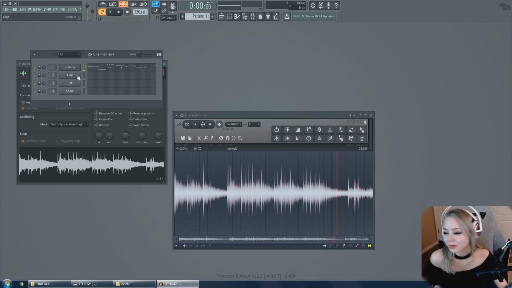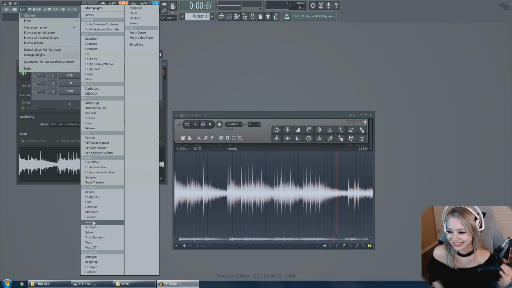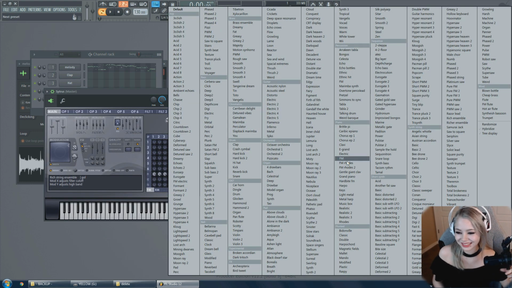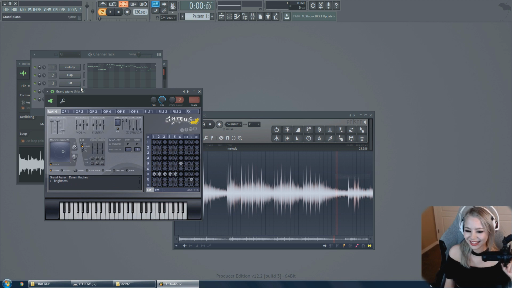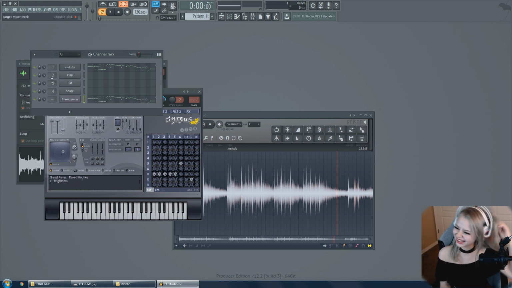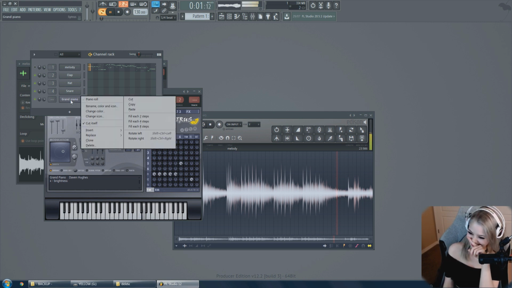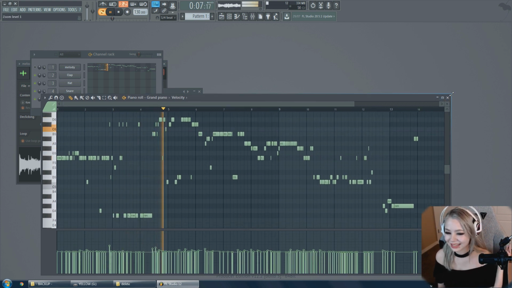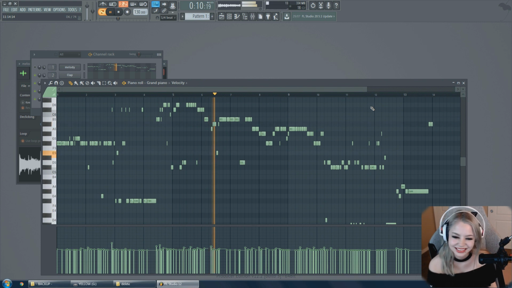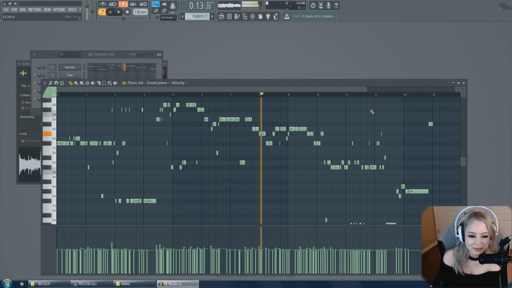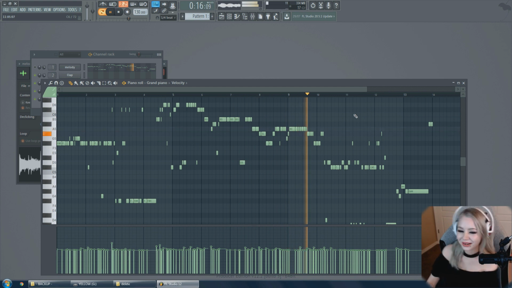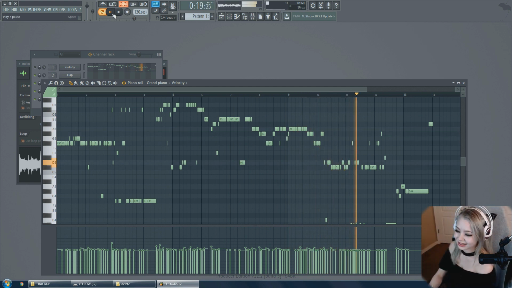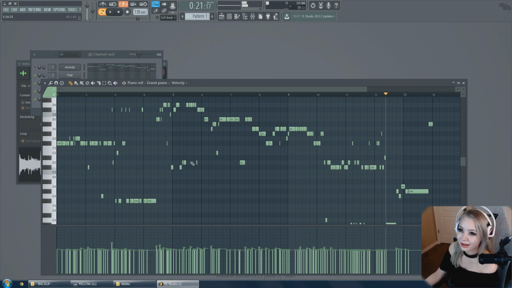Let's try it with a piano. Not 100% accurate, but you can clean out the unnecessary notes if you keep working on it.